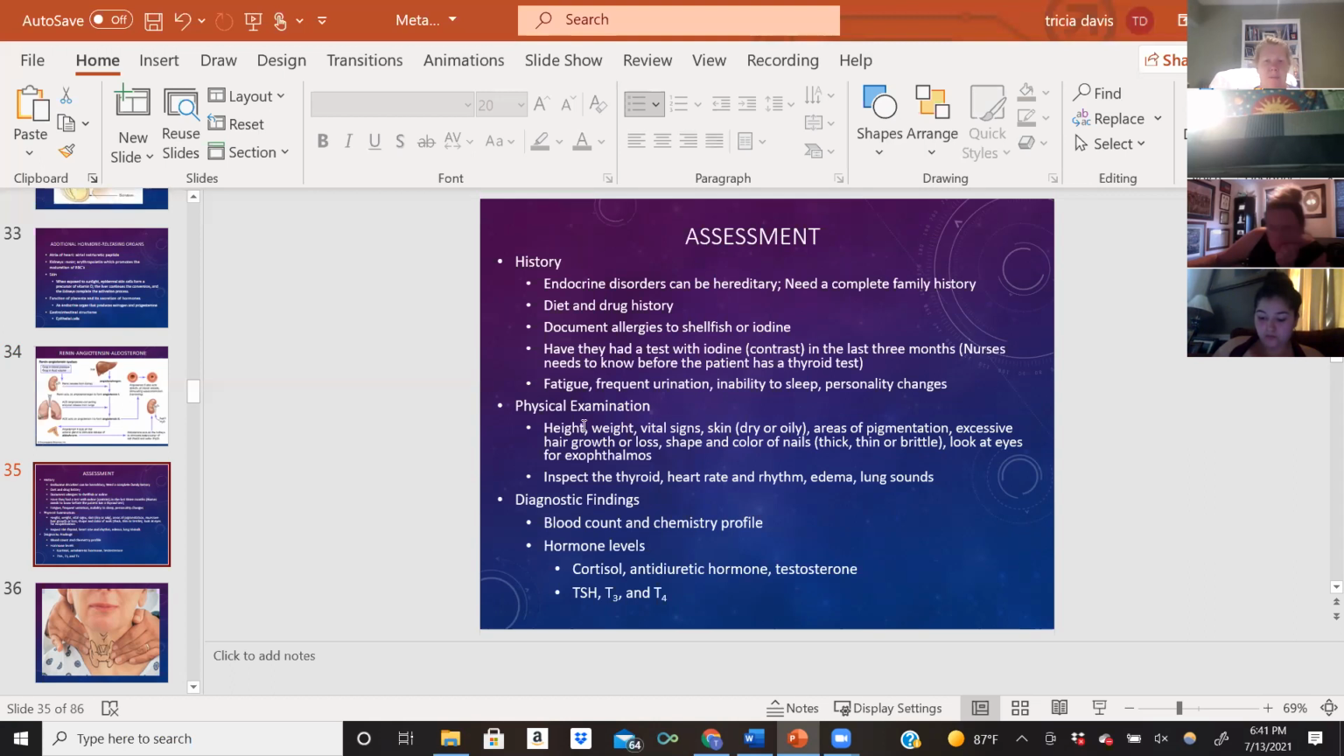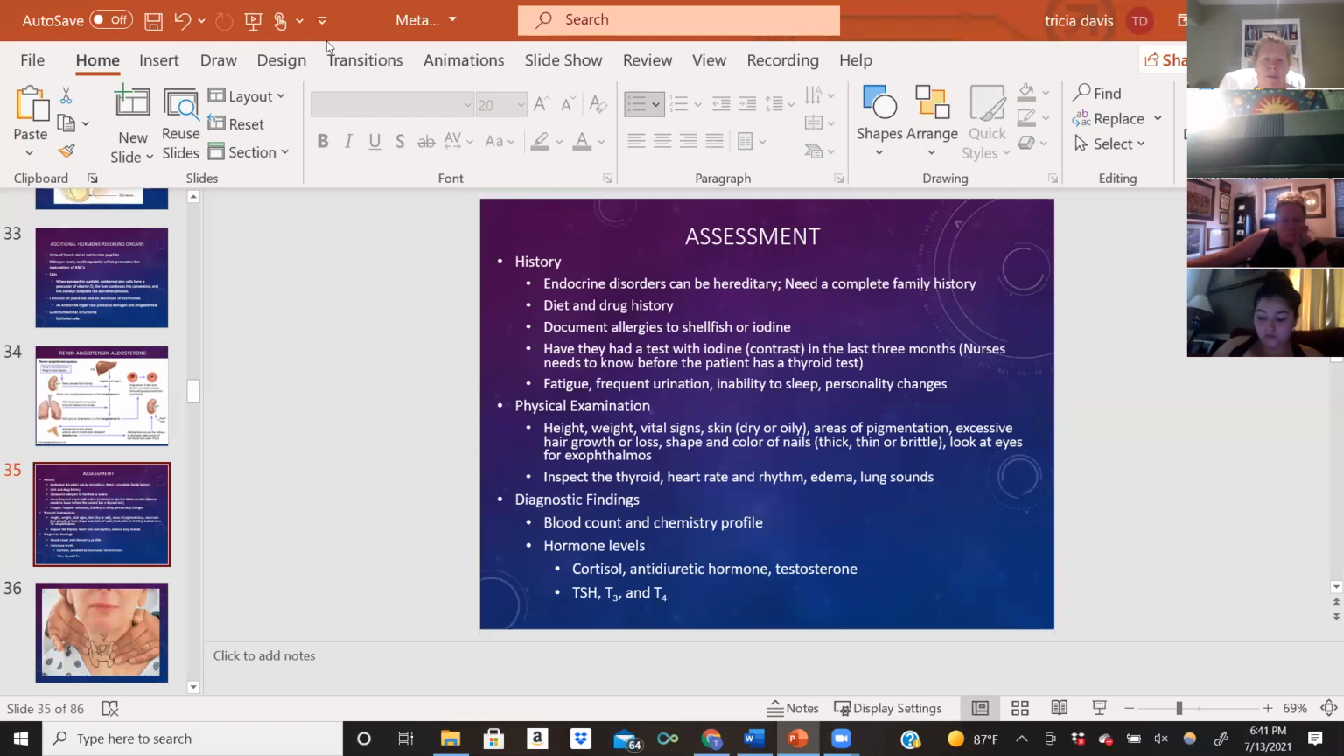results a little bit. So we want to assess how's the patient sleeping. Do they feel rested when they sleep at night? Are they extremely fatigued? Are they swollen? Do they have any edema? Are they frequently urinating? Are they having trouble sleeping? Are they noticing any personality changes? Might have to consult family members for that as well, because they might not be able to recognize it in